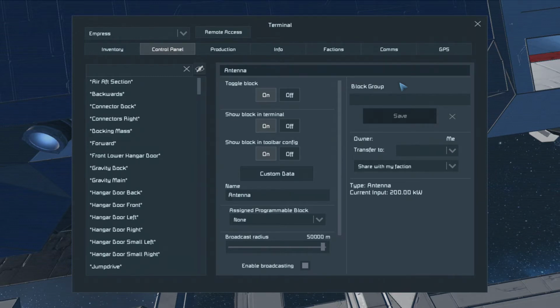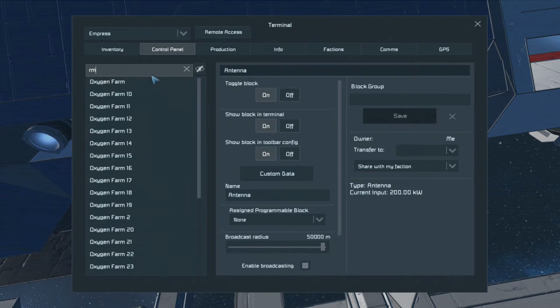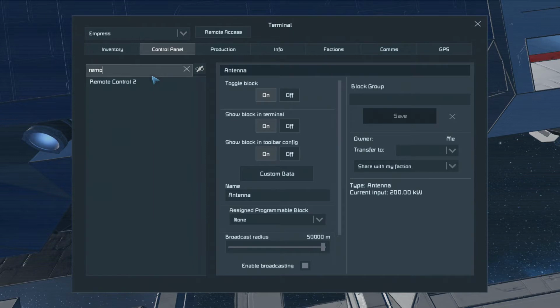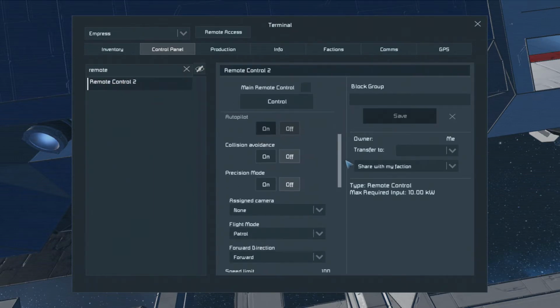It's all this stuff again. But again, now we have a pretty easy way to dock the whole ship, and I will just